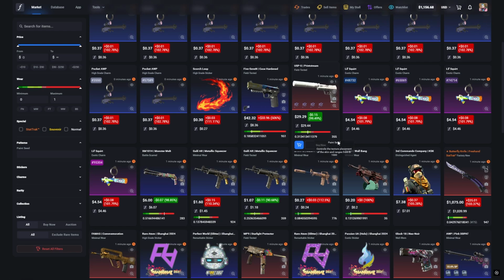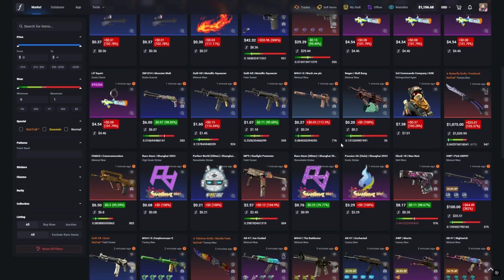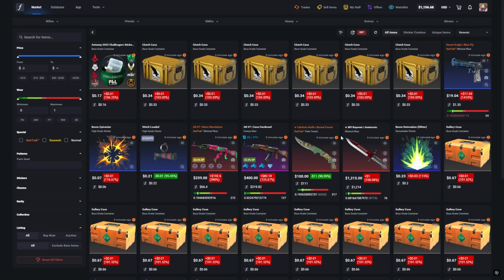So what you want to do is look for skins that are on a pretty big discount. After looking for a little bit and refreshing, I found this skin right here, and this is actually a really good lesson. As you can see, it says it is $11 off or 90% of its actual price, and that looks like really good news. Now you may just want to buy this skin and say, oh my gosh, I can make $11 on it,